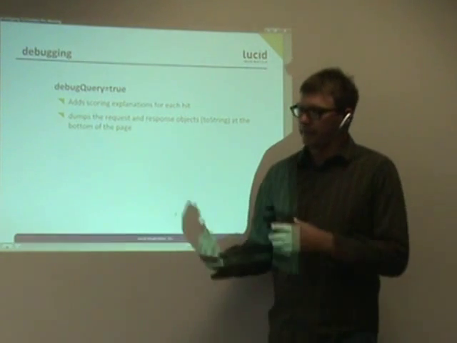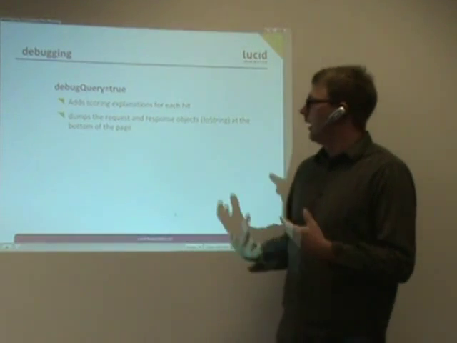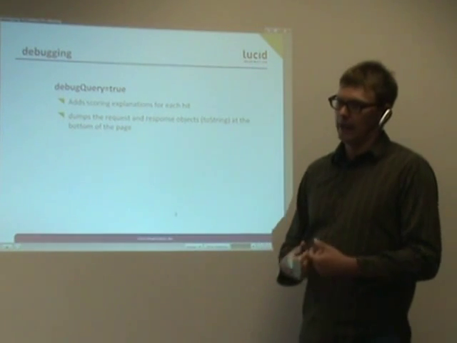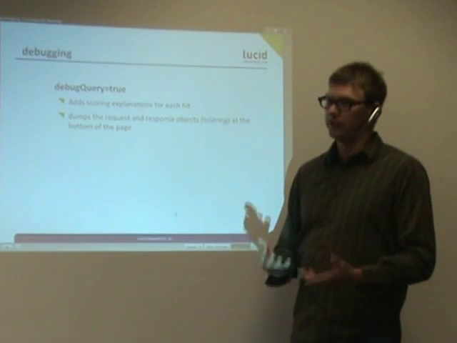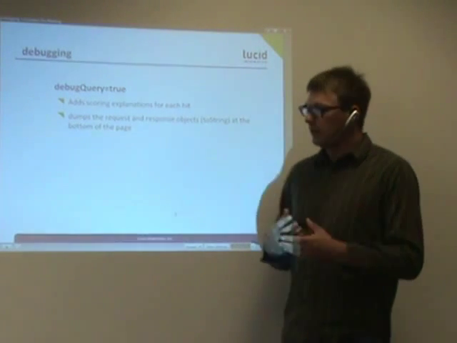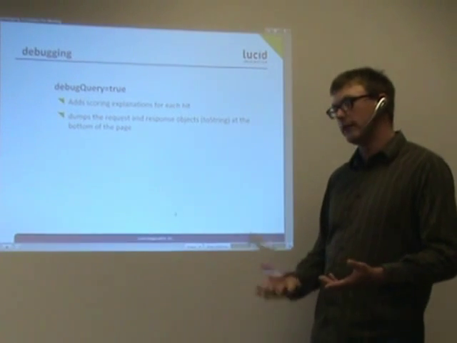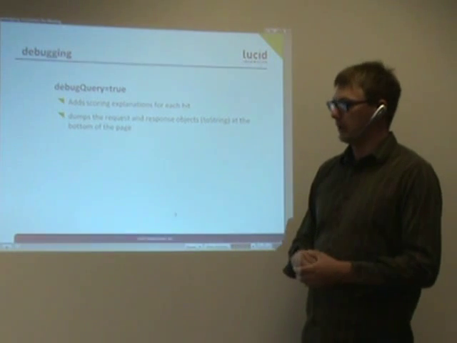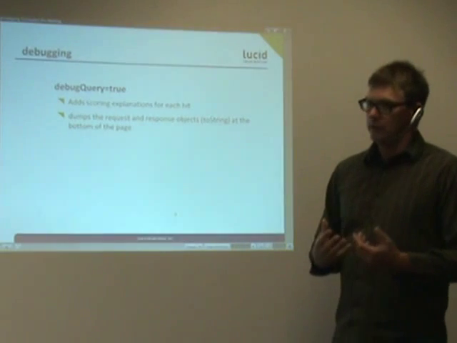All right, so that's basically all of the types of features that we wanted to add into the user interface. But as we're developing our application, we're also going to want to troubleshoot some things. We're going to want to see why particular documents scored the way they scored. We might want to do some relevancy tuning. In fact, that's a very common thing to do with your application. Once you get it up to scale, you're going to want to play around with how the results are ordered. And thankfully,